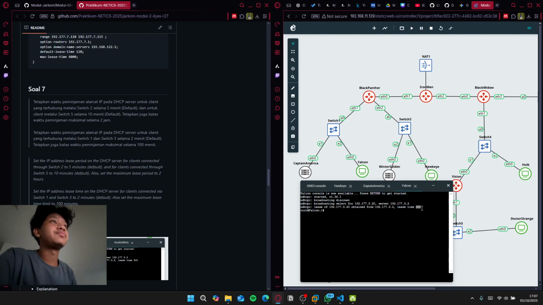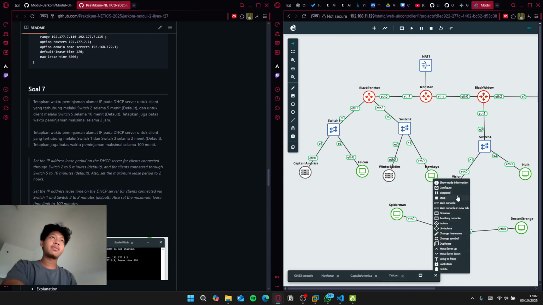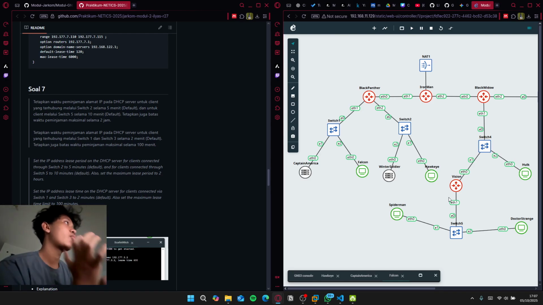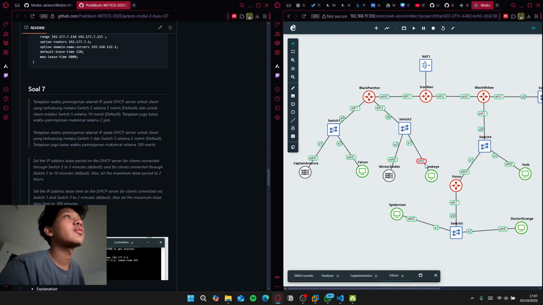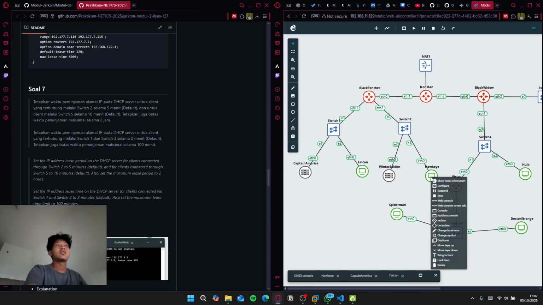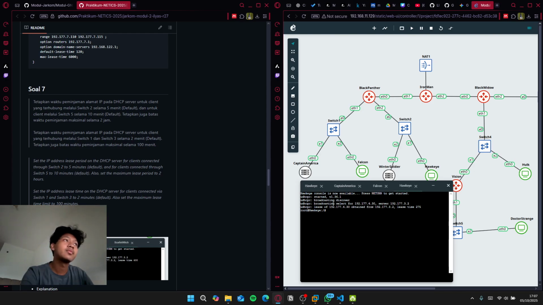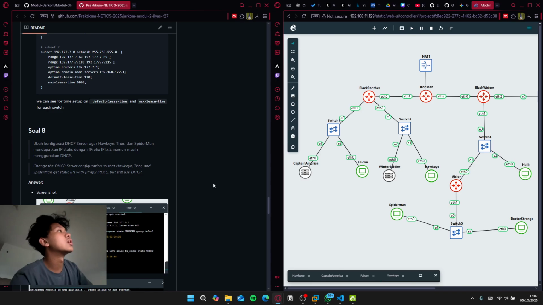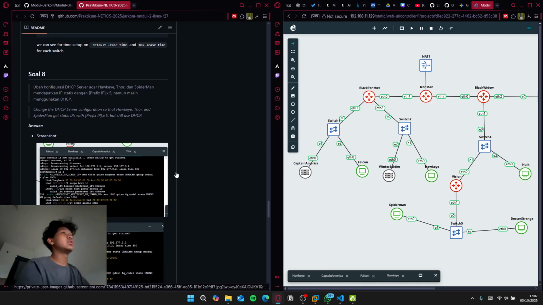Lease time 300. Yeah, just for the one example. So for example, for this subnet, then the lease time is 250, 275. Okay, that's all for number 7, and we move on to the 8th question,